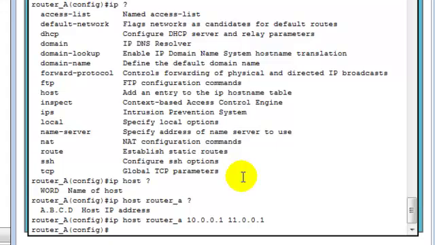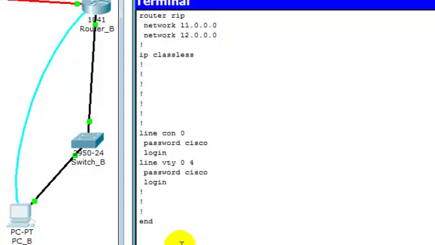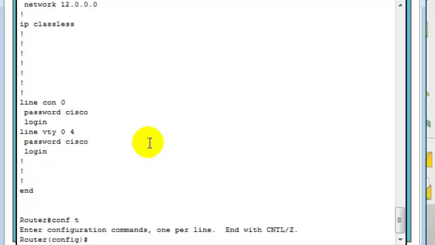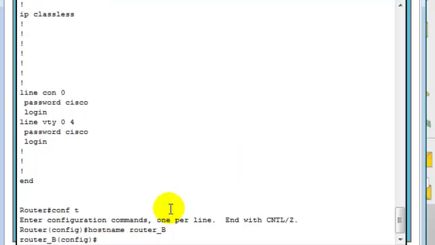Now I have to do another one of these because this table is for all of the connected routers. And this allows for pinging from one router to another using the host name. It also allows the ability to telnet into the router using a host name. So I will go to router B and set the host name. Then ip host router B